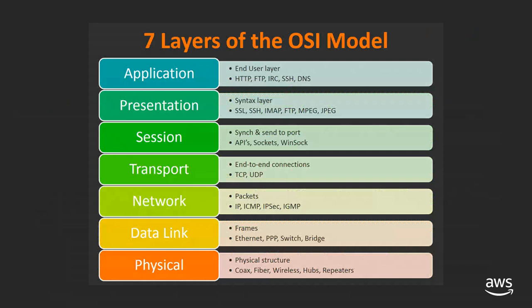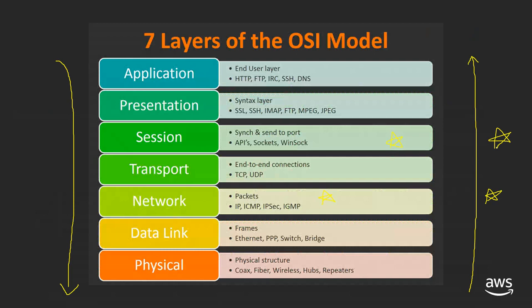All this is not implemented, but it is theoretically considered that communication happens in this model. My application would generate a request that will go through the layers, for example encryption, as part of the encapsulation process. When it is received at the receiving end, it will go through a decapsulation process, and every layer in between adds its own information. The information added by, let's say, the network layer will be used by the receiving computer's network layer. Information from the session layer here will be used by the receiving computer's session layer there. So that's how all my communication happens.